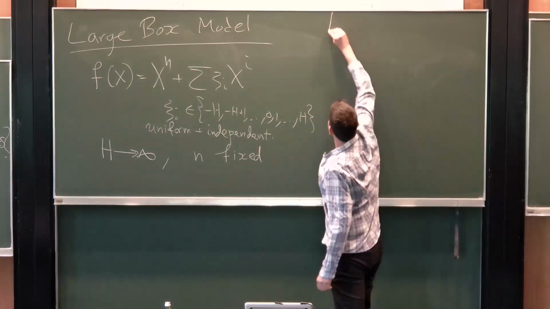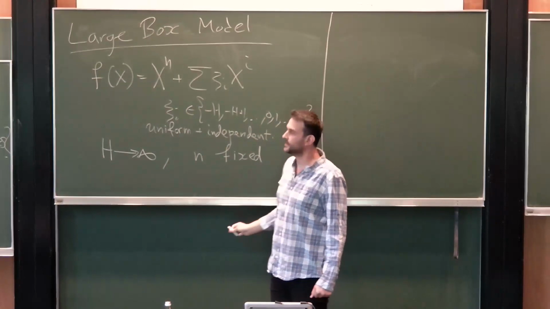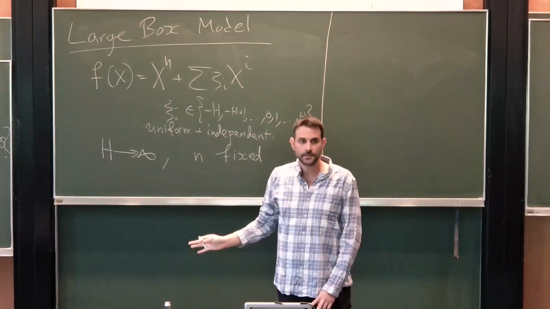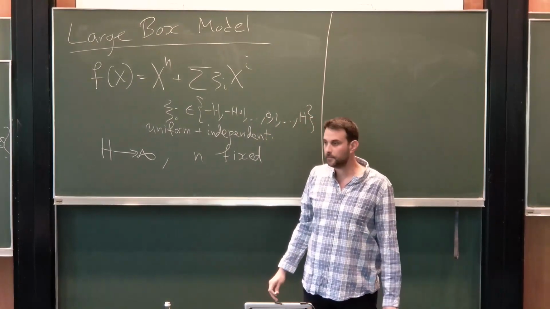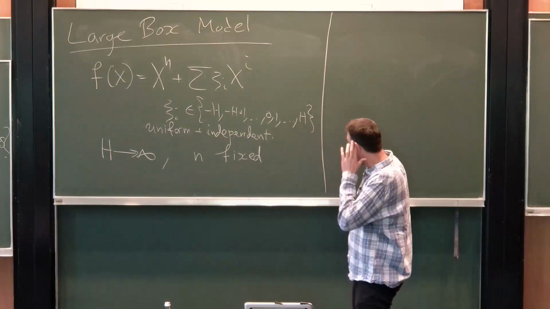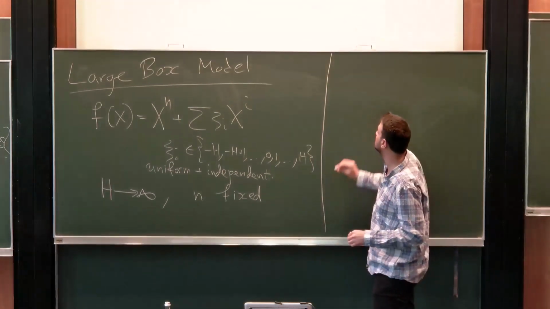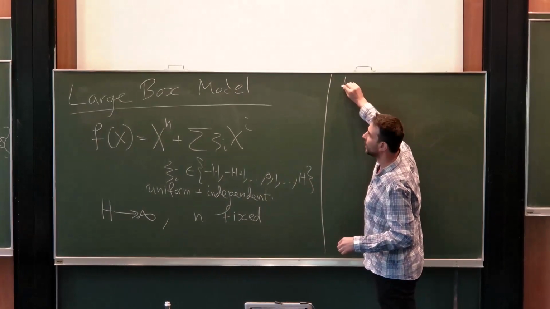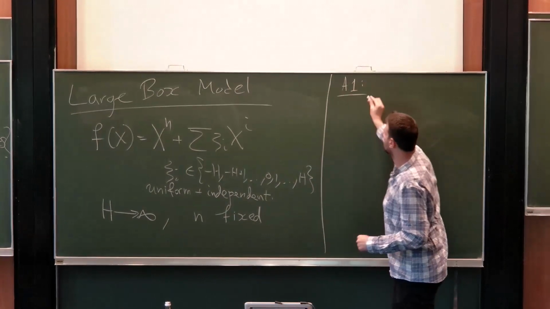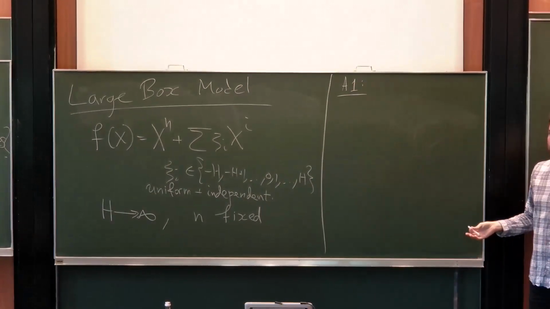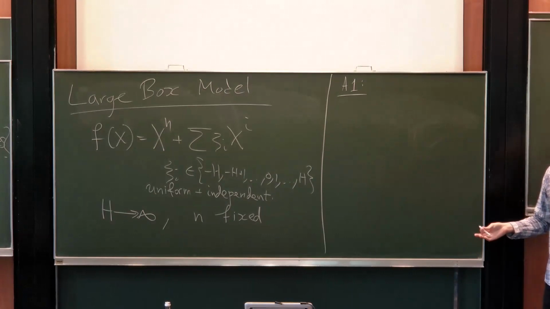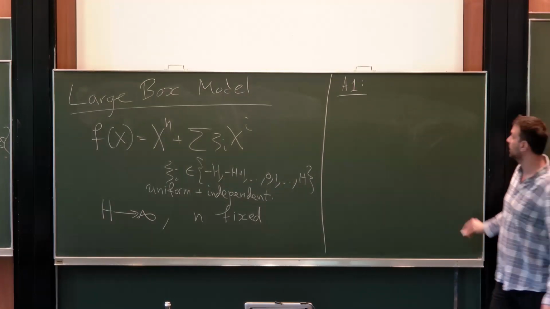And here, this kind of model is very famous in number theory, and it goes back at least to van der Waerden. So in this model, we know at least from van der Waerden, maybe even from Hilbert, that